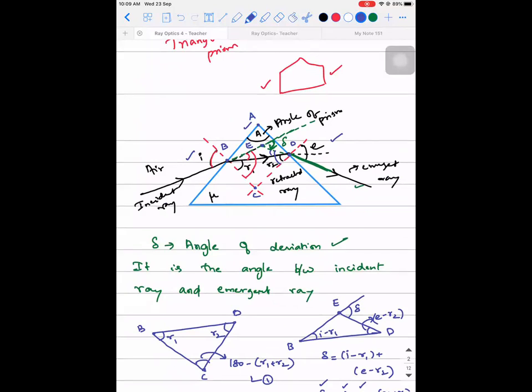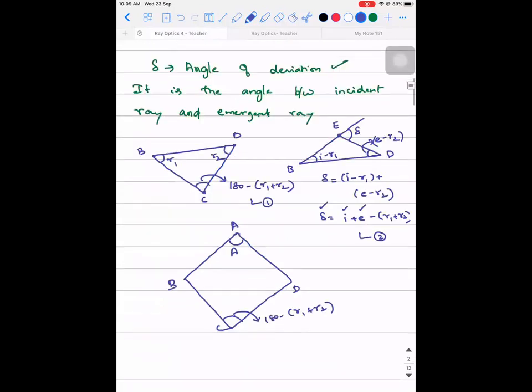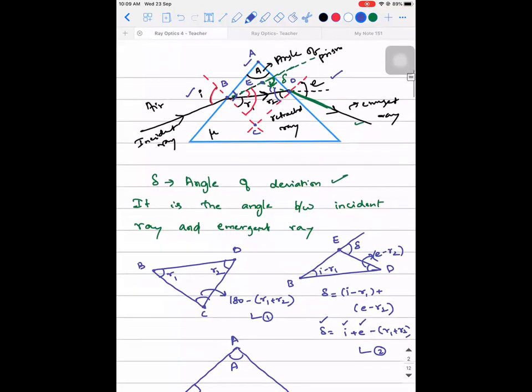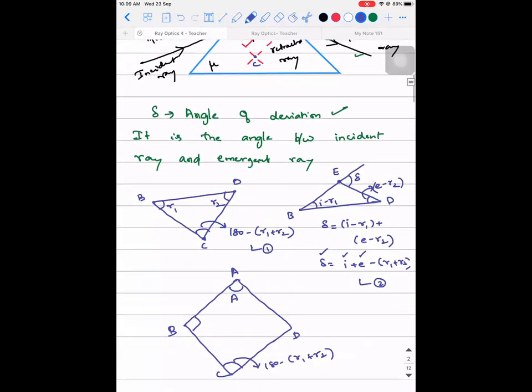Sir, it is 90 degrees. It is 90 because in the quadrilateral, the line at B, the line joining BC, is actually the normal. So it is 90 degrees. That is the reason why I drew the quadrilateral also like this. Similarly, what will happen to D? 90 degrees, the same.